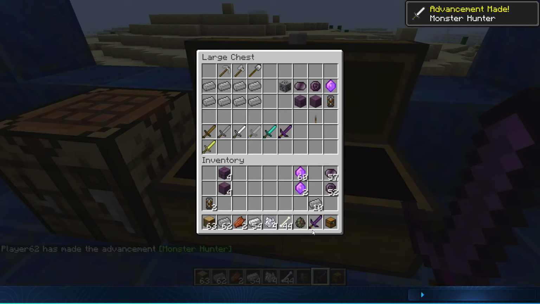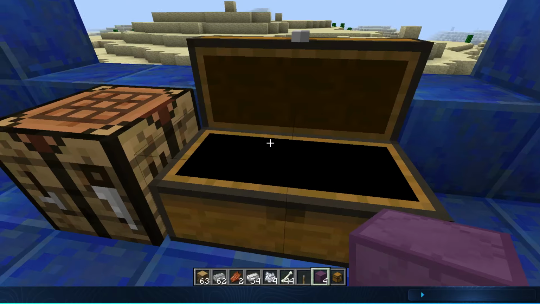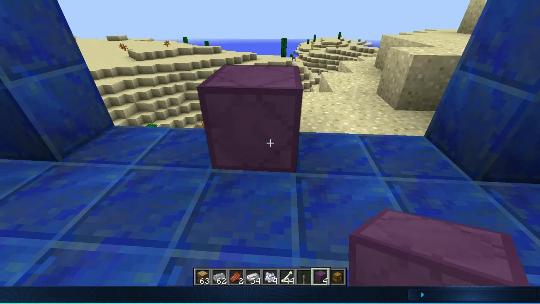But anyway, that's that. One more thing that we need to take a look at is this dark gem block. And of course I'll be making it a bone steel block here in the near future. It's just one of those things that I didn't get to right away. This dark gem block, whenever a redstone signal is applied to it,